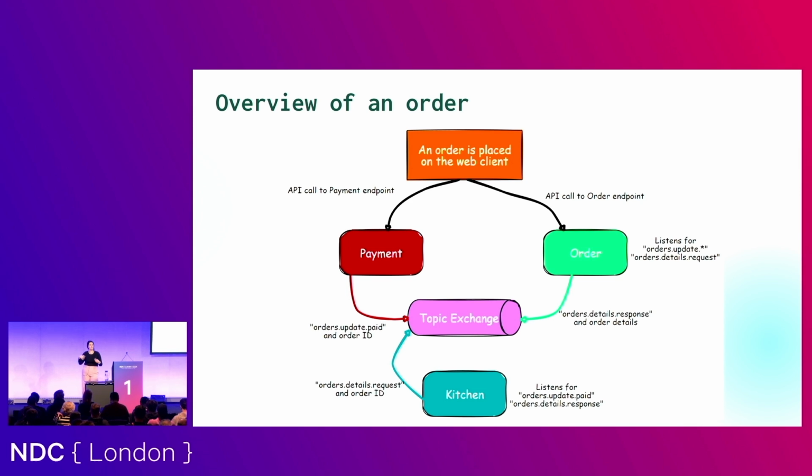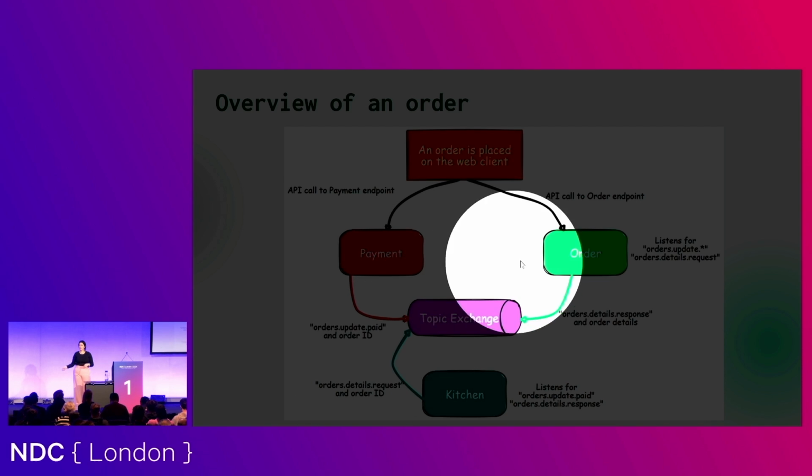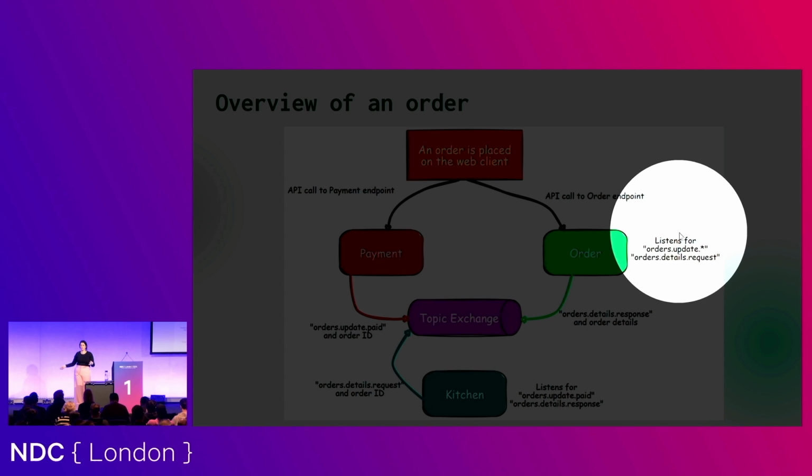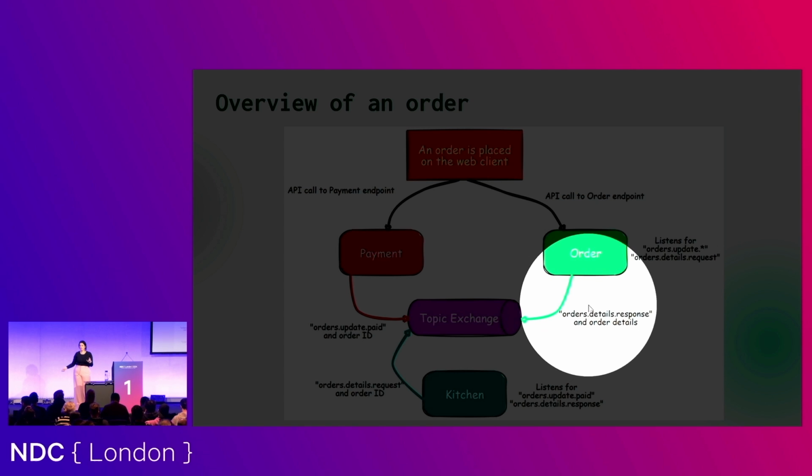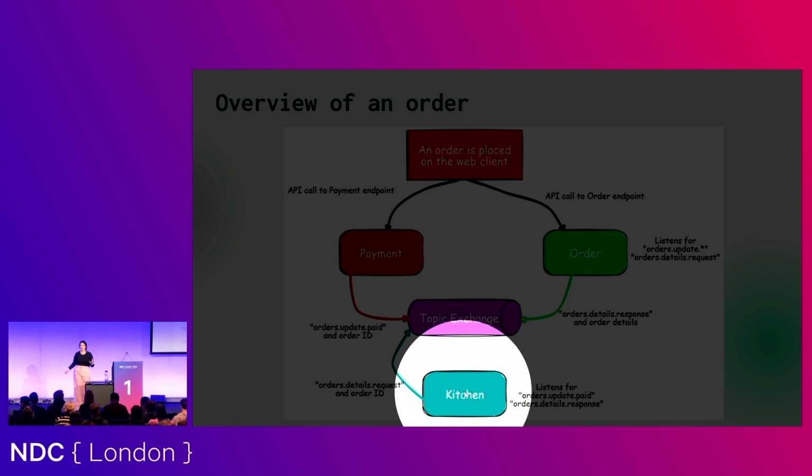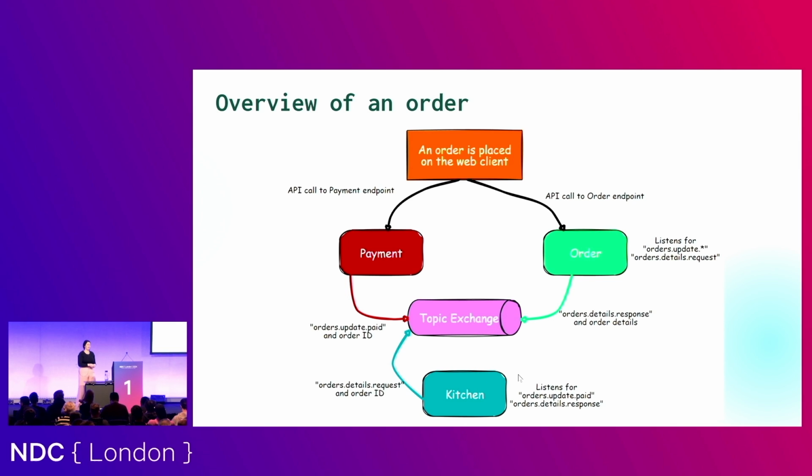So it sends out this request, and then our order module is listening for that request, and it creates the message that has all the response. And then our kitchen is listening for that. So there's a possible system of communicating between your modules. We're passing around these super lightweight events, saying, yep, this is paid. Yep, this is processing. Yep, this is collected. And then we've got these other messages going around saying, I need a little bit more information. Can you send that to me?